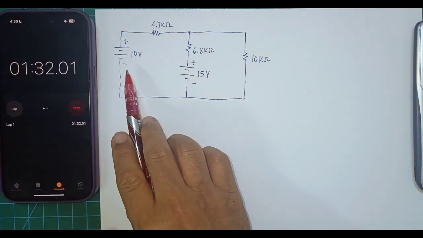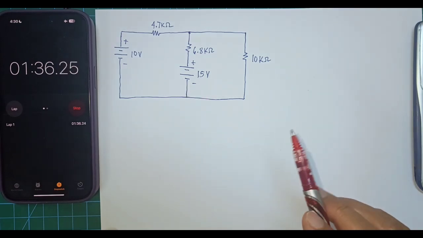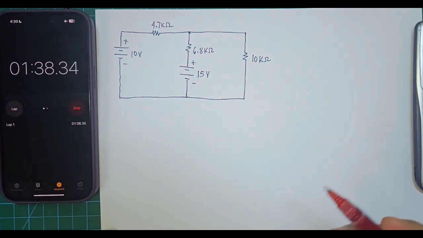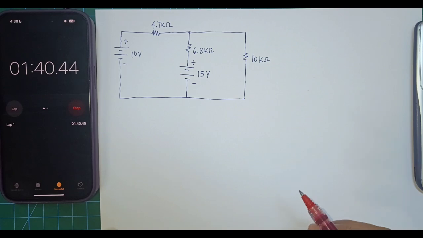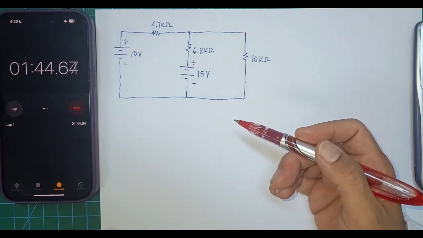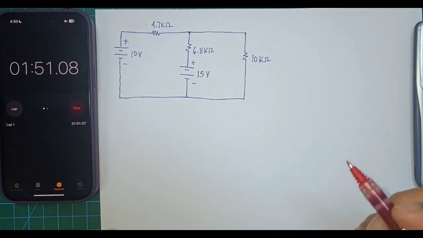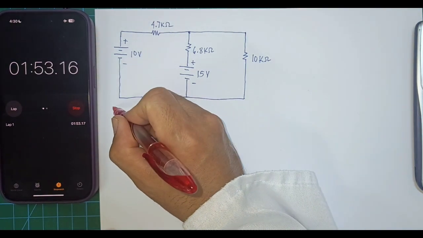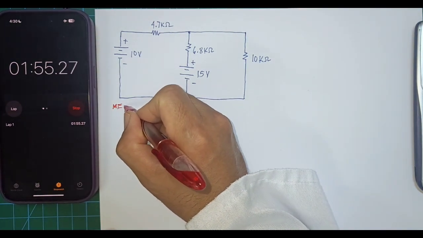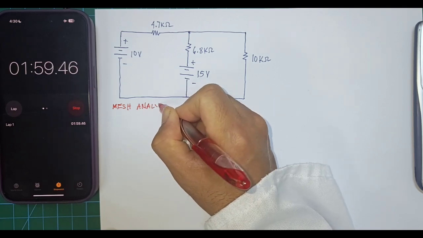But since we are having two voltage sources, 10 volts and 15 volts, the usual way that we use, Kirchhoff's voltage law, Kirchhoff's current law, current divider rule, or the voltage divider rule, will just never work if you use it directly. So instead, we will be using another way, and that's what we call mesh analysis. In this technique, we can calculate